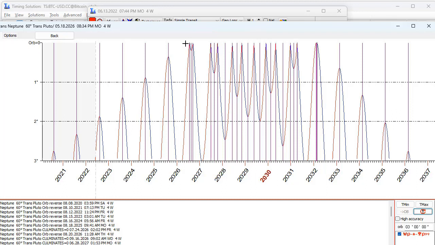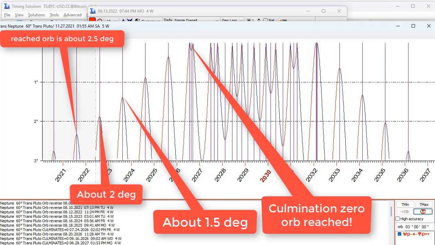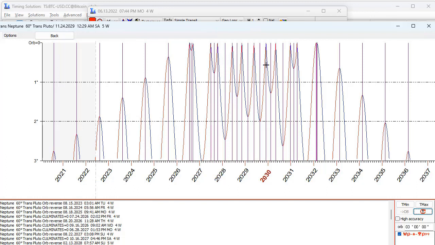You see this point, zero orb, it's here. This is reaching culmination. By the way, you can see all these dates here. Then it reached culmination in 27, 28, 29,